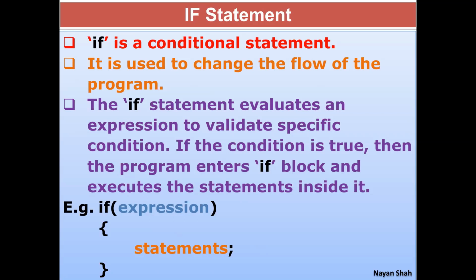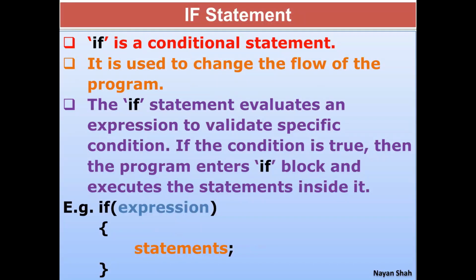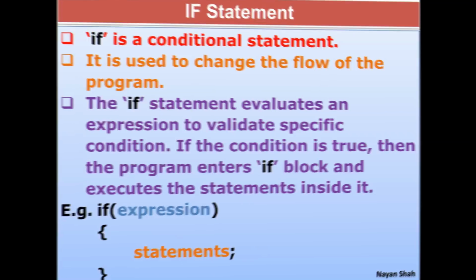You come across a particular point in your program where you have to take a decision. Here it shows a simple example of an if expression, where you write an expression, for example, if x greater than 5, and then in curly brackets you write some statements, what you want to do when x is actually greater than 5. Here we have not mentioned else, but if you write else, it means if the condition is false, then what you want to do. So you mention that. So if else is a conditional statement.